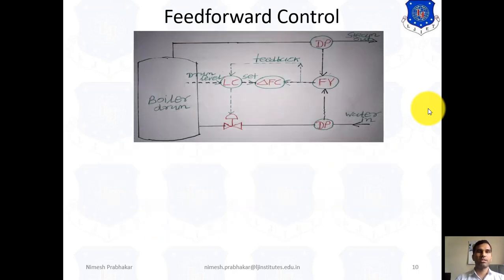So first of all, we understand this figure. This indicates the boiler drum, as we know. Inside this boiler drum is the water, and the upper part is the steam, and this steam goes out from here. This indicates the steam out. And we add water, that means the feeding system of the water is here.